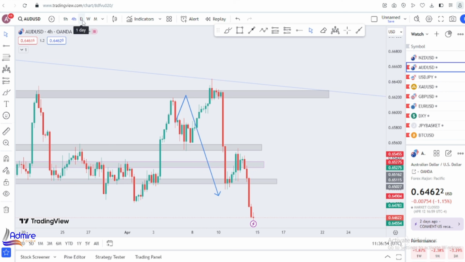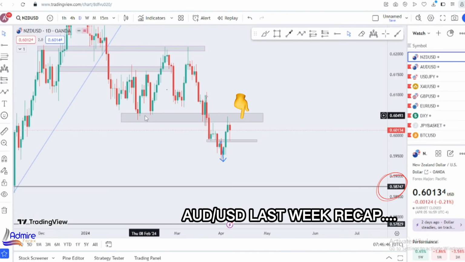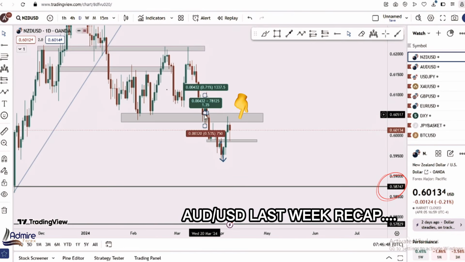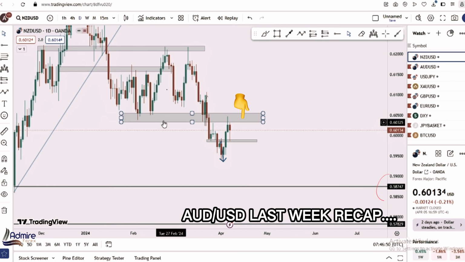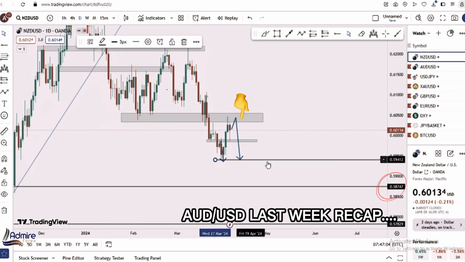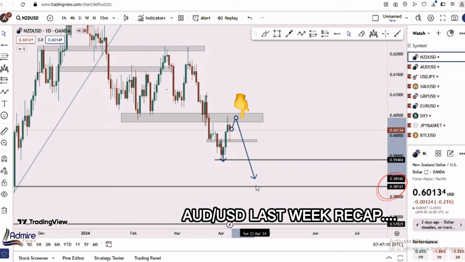So if you did not watch our video or you think we are copying, here is the video. This is actually reacting off this key level, this area of interest. Price has already retested there on the lower time frame, so I'll be looking for more push to the downside, at least first level target. Let me put a line there, which is a 100% retracement level, the 0.593 area, first level target. Then we can go all the way to the 0.587 area.